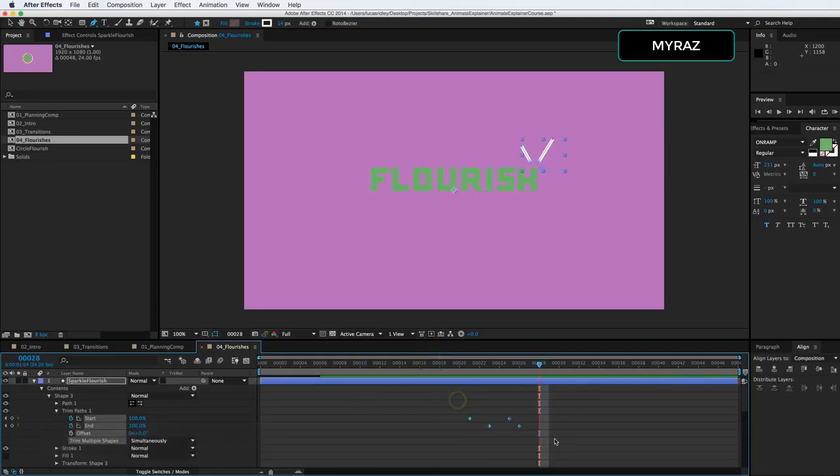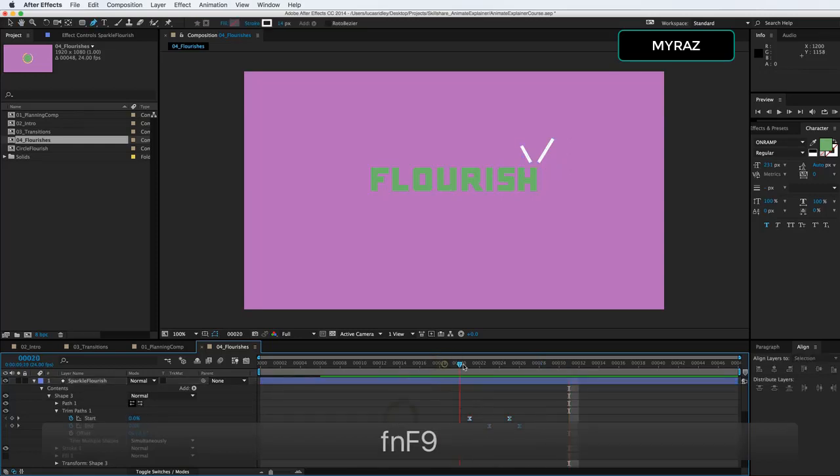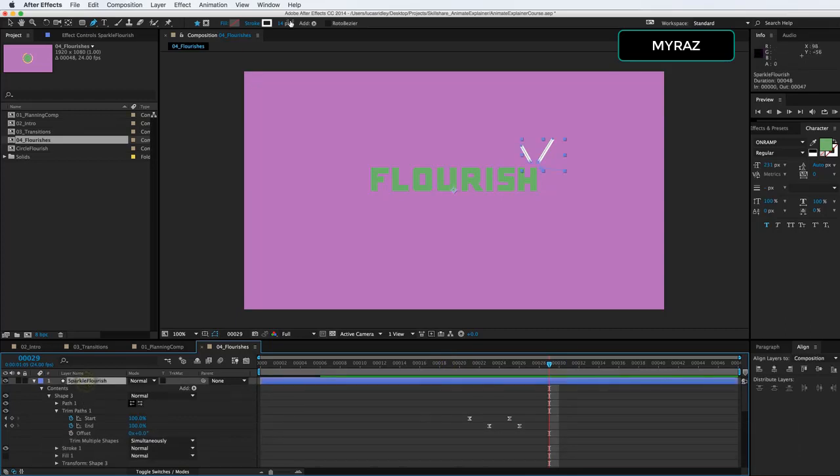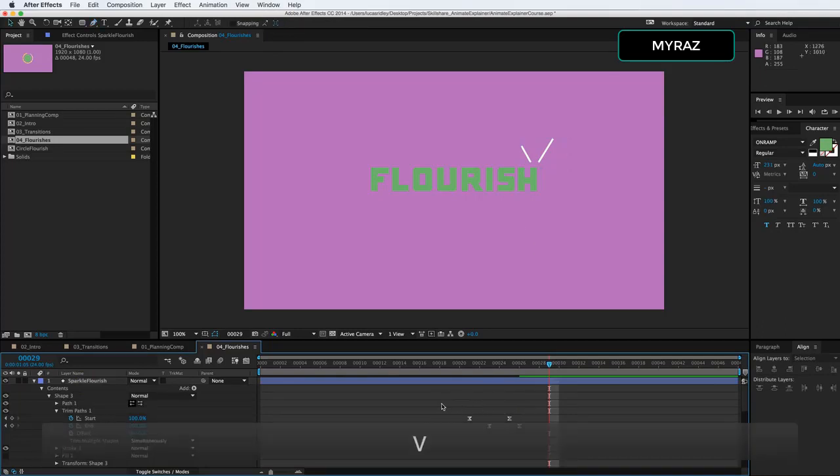We could easy ease this if we wanted. It's not going to do a lot because there's not many frames in between them, so there's not that big of a difference. And let's just make sure that all of these are maybe a little smaller to contrast with the other thickness around. So the nice thing about this, we can copy these